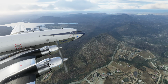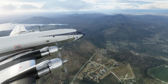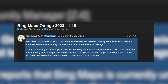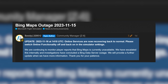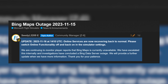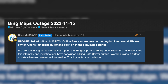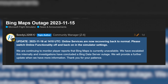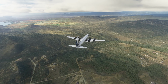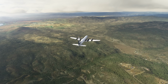As great as all these environments are then in Microsoft Flight Simulator, they're vastly and greatly improved with the availability of Bing Maps. Unfortunately, Bing Maps suffered an outage this week. So if you saw some issues with terrain data or cities inside the sim when you've been flying around, well, now you know it wasn't just you. The outage took place around about the 15th of November. There's no details on exactly how long this lasted, but Microsoft did confirm that it's down to a Bing data server outage. The final update for this came from Microsoft at 14:10 UTC on the 16th of November, saying that the online services had now recovered and were back to normal, so potentially quite a few hours there with that